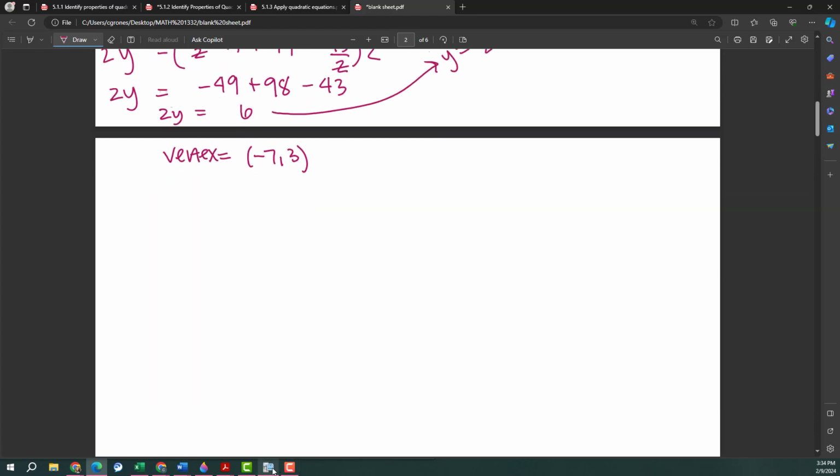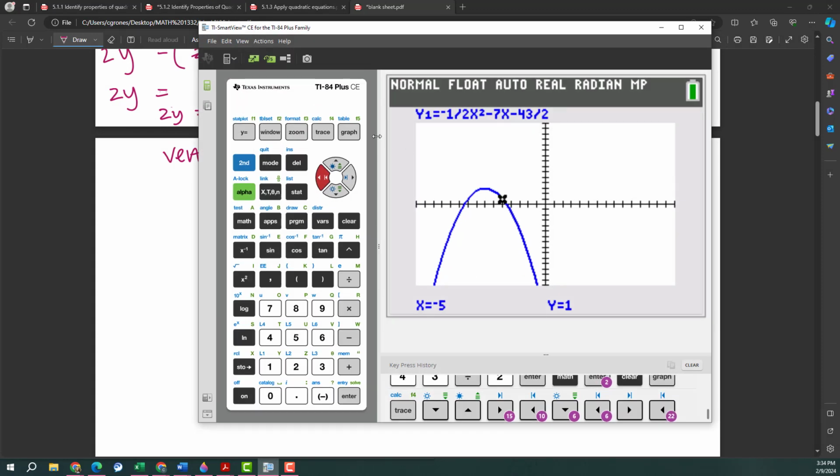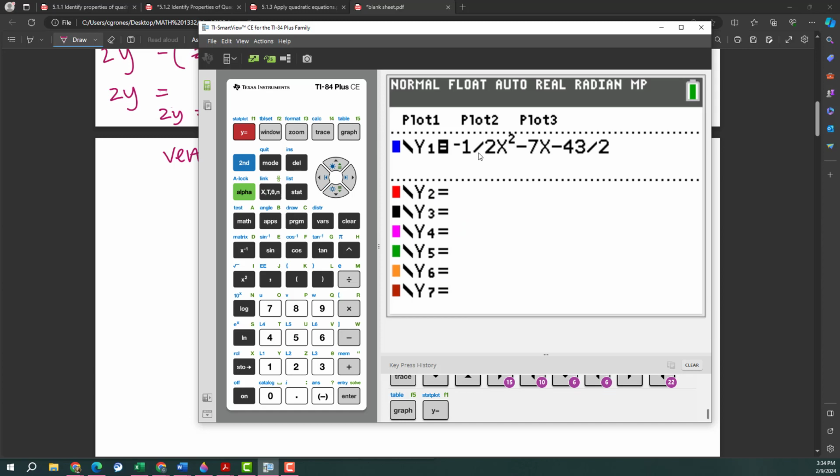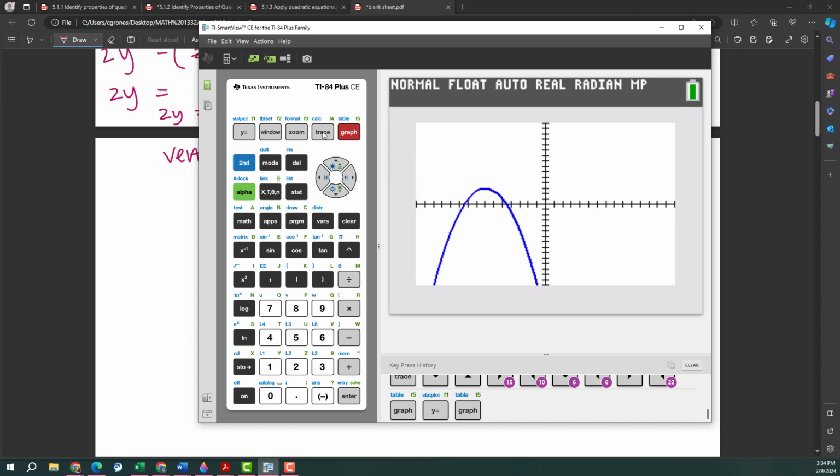And let me look at the graph. So one thing that I want to show you on the graph is how to trace. So whenever you graph your formula or your equation, you can hit this button that says trace. And you can use your arrows on your keyboard to move from the left and the right, and it will go across the parabola, your line, whatever it is. And you can see